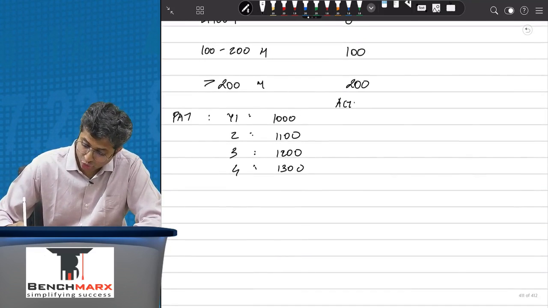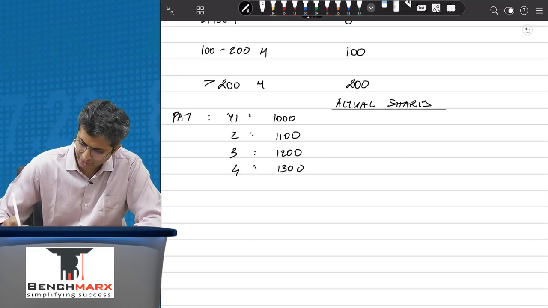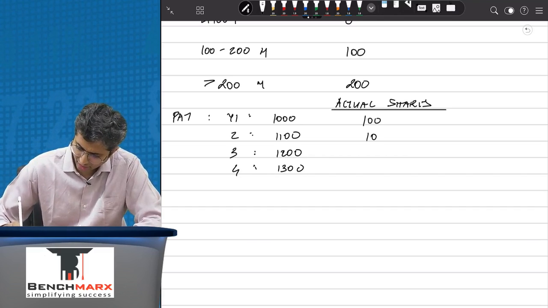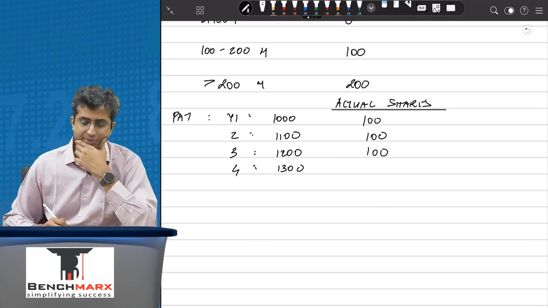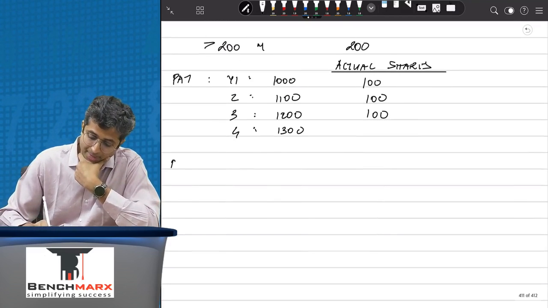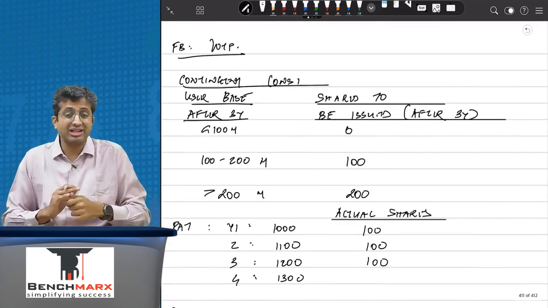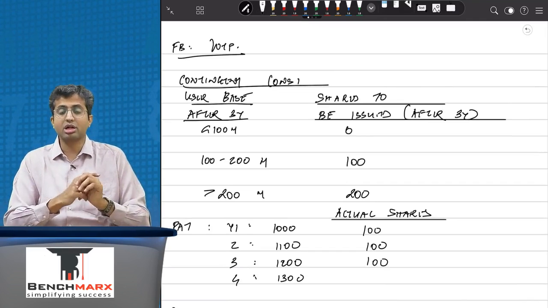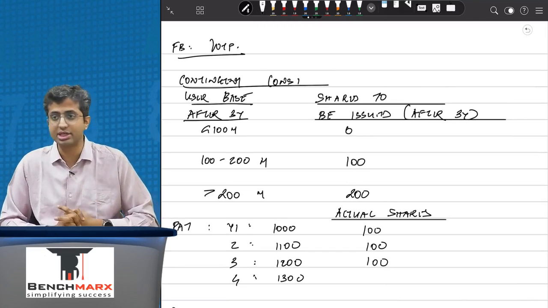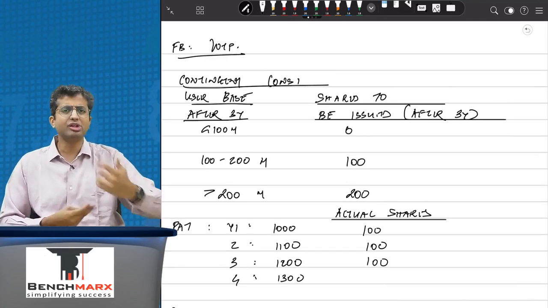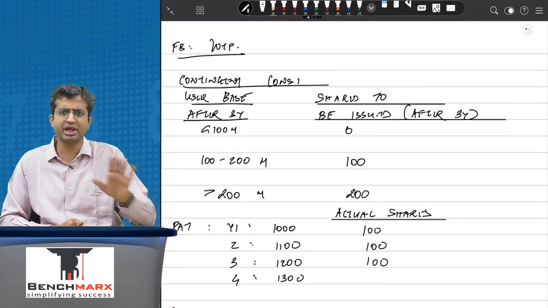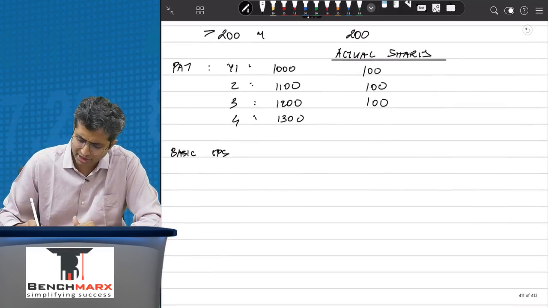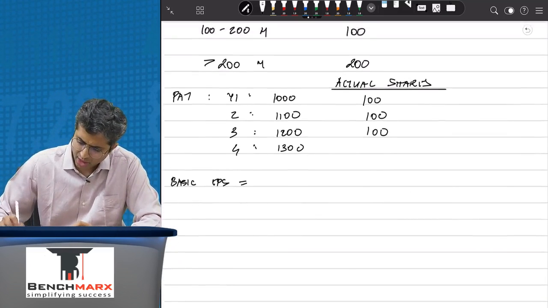Apart from that, your actual shares which are outstanding are, let us say, 100, 100 and 100, for example. Now if I have to calculate the basic EPS for year 1, in year 1, is the contingent share agreement in place? Is the contingent consideration in existence? The answer is yes, it is in existence. However, have the shares actually been issued, or have they become issuable? The answer is no. And as a result, in your basic EPS calculation, your basic EPS will be done based